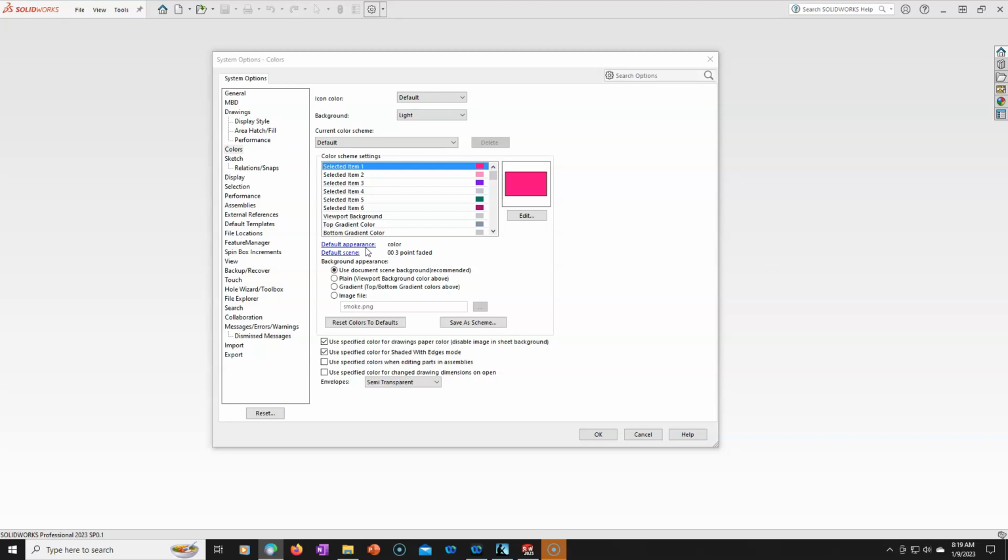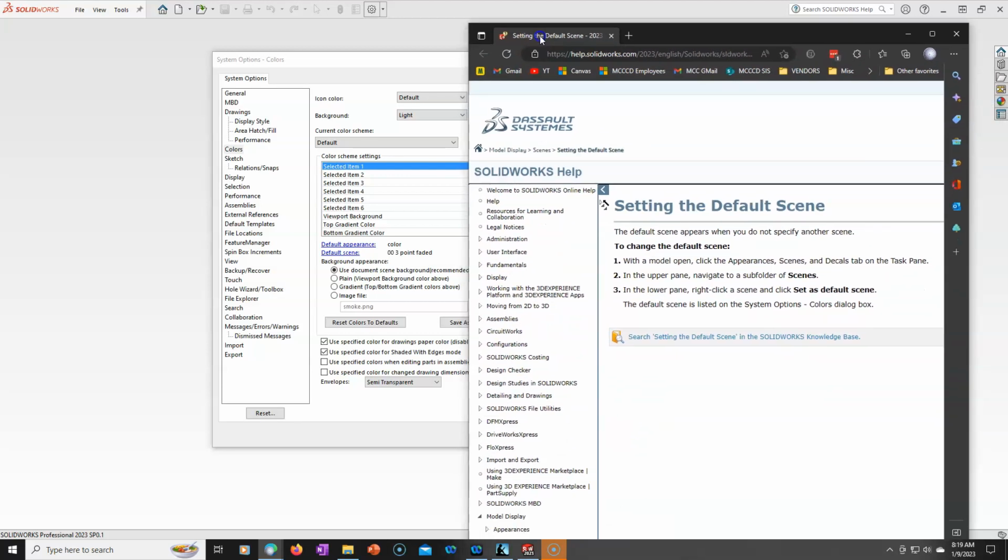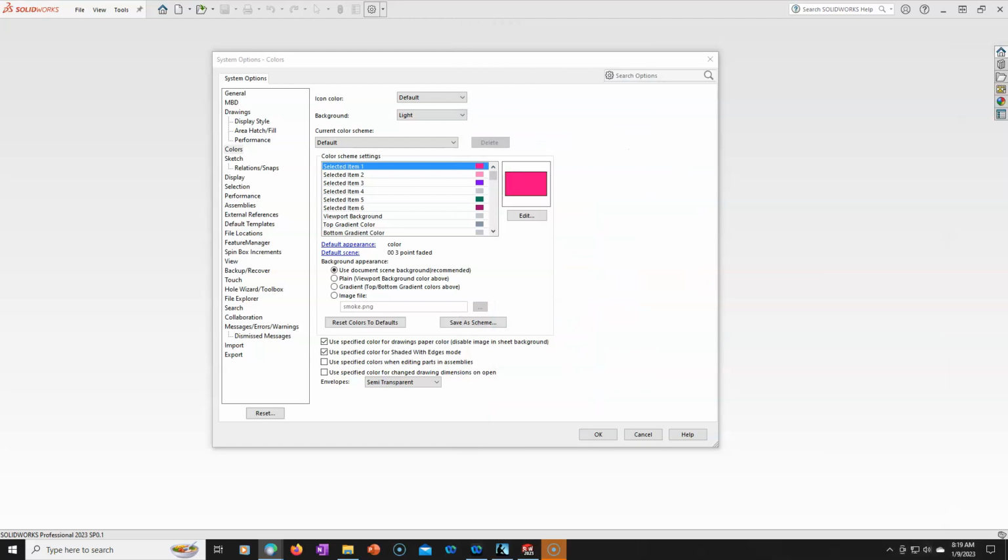So default scene, that was a link to the help. So it popped out a help box and said setting the default scene, tells you where to go, and we'll do that a little later. Or we can make it plain. Viewport background is the color set above, so kind of a gray. And then use specified color for drawing paper,